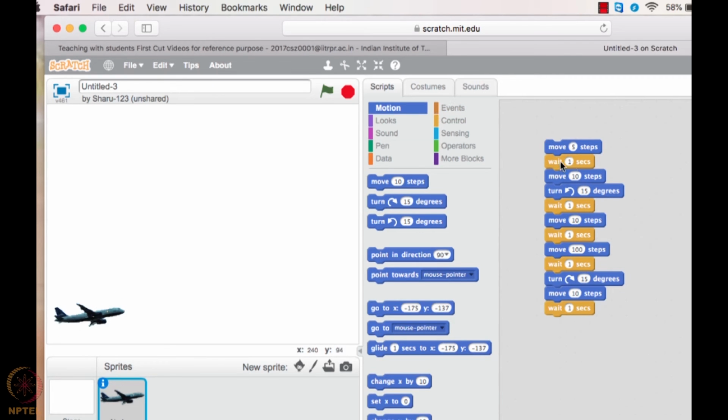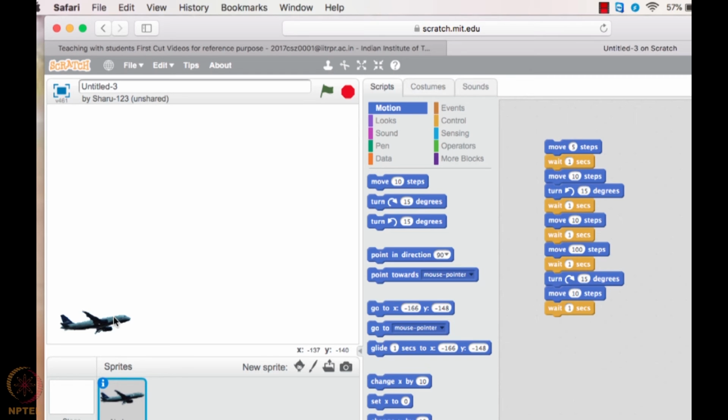Yes, so let us try to run it. Move 5 steps, move 10 steps, then rotate, then move 10 steps, then again 100, then rotate, and then move 10 steps. This is how the aeroplane is working here. Now we have the aeroplane in the air. It is moving in the air.